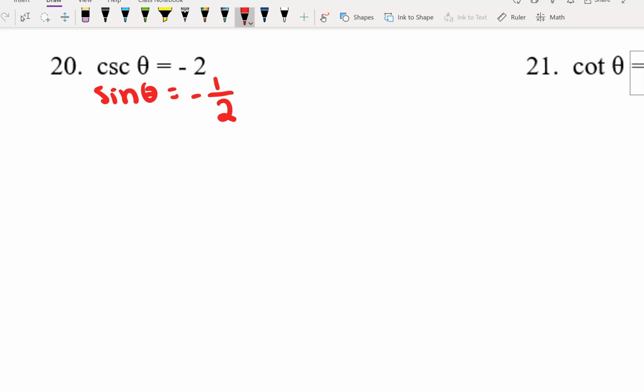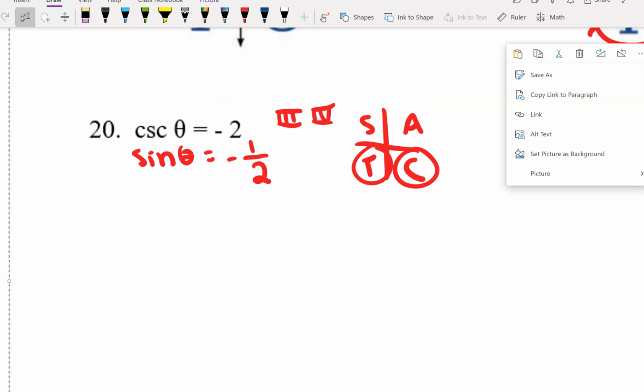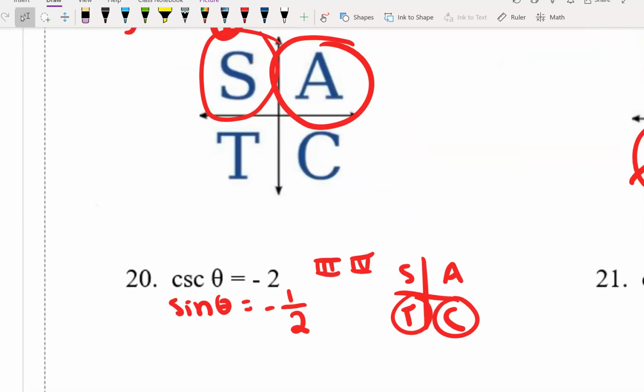And then we want to think about where sine is positive. Smart, trig, class. Actually, we want to think about where sine is negative. Sine is going to be negative here and here. So that's going to be quadrants 3 and 4. And sine is going to be 1/2